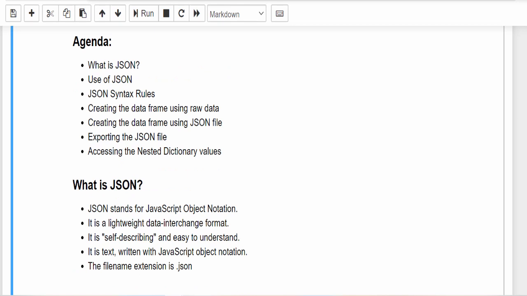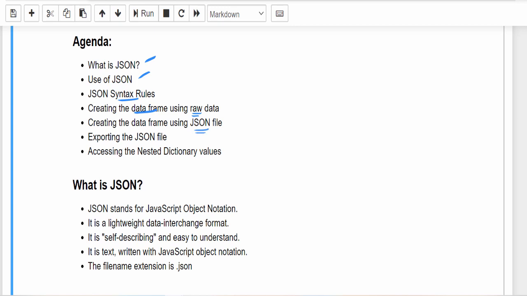The agenda for this video: first we will learn the overview of JSON, that is what is JSON, then its usage and how to implement it with proper syntax. Once we are done with that, we will learn how to create the data frame using the raw data and also by directly accessing the JSON file.